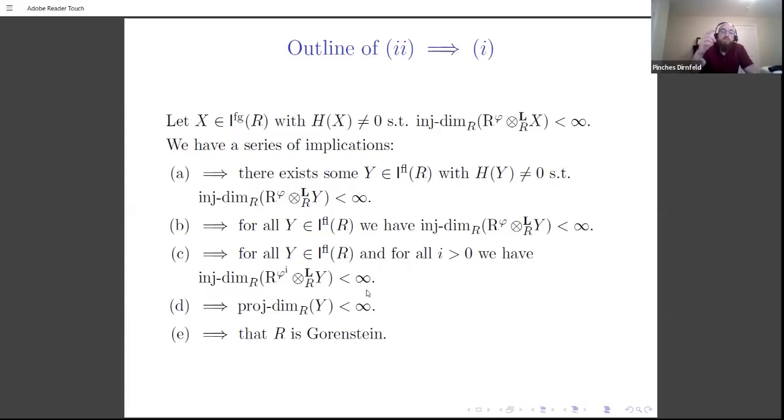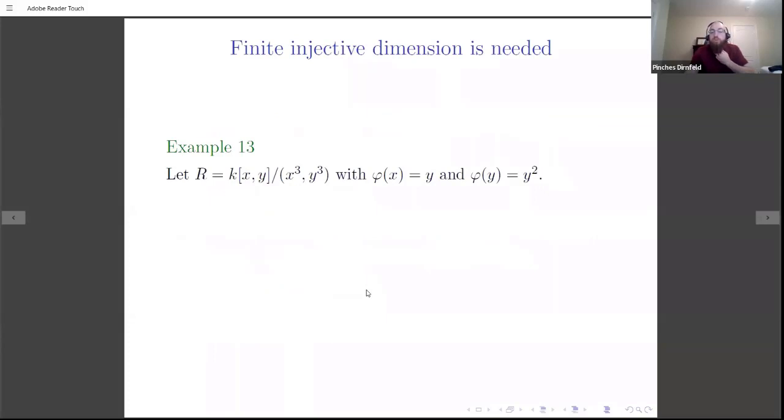What this theorem is showing is that if you have the additional assumption that your complex has finite injective dimension, then you just have two possibilities. Either the complex stays with finite injective dimension after the first step, and then it stays after the second and for every step, or it has to blow up right away. There are no intermediate steps. And this is where you really need finite injective dimension.